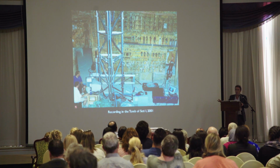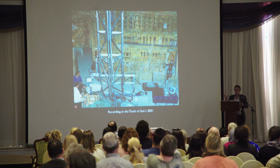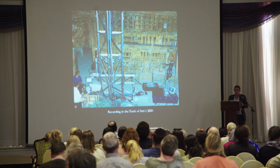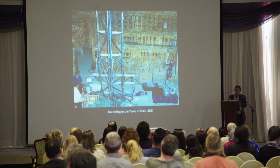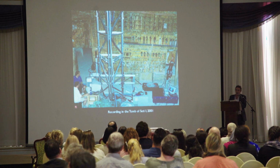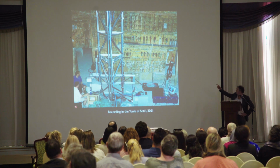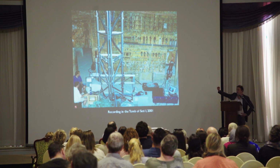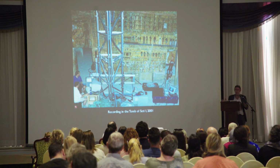So we looked around, there weren't any readily available systems that could do that. So we modified a system. We worked with a company called 3D Scanners UK, who had a 2-camera, 1-laser scanner. We modified how it worked, and the big tower carries the small scanner and it moves it across the surface. So the first goal was to say,